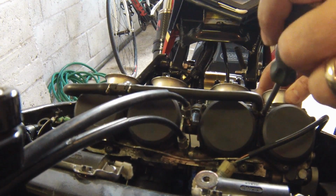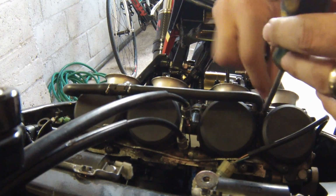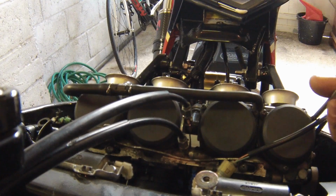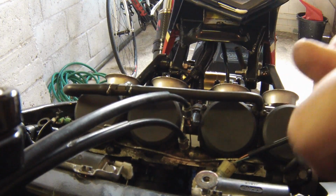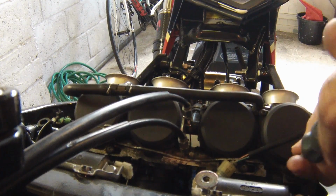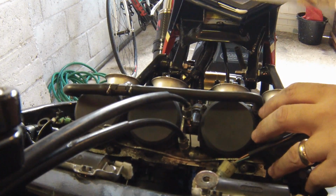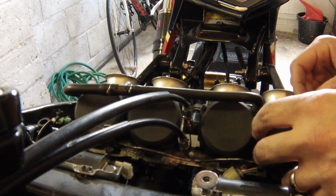Now they're retained by three small screws in the top. So loosen these, two at the back, one at the front. One more here. Hopefully these shouldn't be too tight, they should be just nipped. You've got to hope there's not been a gorilla taking your bike apart in the past and done everything up ridiculously tight. Now as they come loose, you can see that cap was trying to lift off there. Get yourself a little pot to catch all your bits, and there's a spring pushing that cap off, so gently lift the cap away